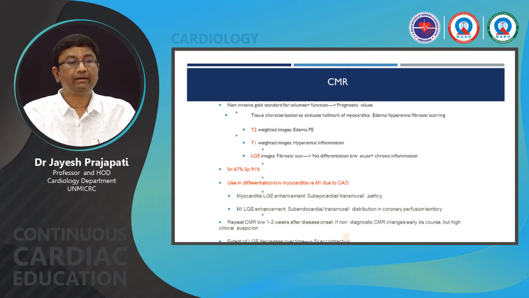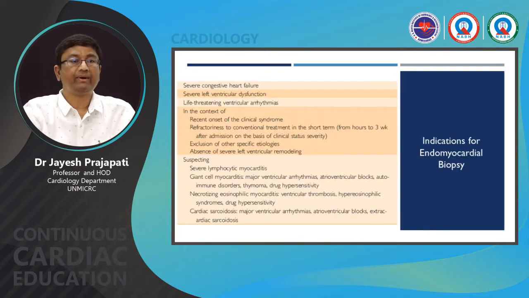So this is how you can improve your diagnosis, and the specificity is 91% while the sensitivity is 67% with cardiac MRI. So what are the indications for endomyocardial biopsy? We are not doing it routinely, but in some cases we should advise it, like severe congestive heart failure not responding to medical therapy, and life-threatening ventricular arrhythmias, where we want to define a specific cause. So in the context of recent onset clinical syndrome, refractoriness to conventional therapy, exclusion of other specific etiology like sarcoidosis, autoimmune disease, or some specific viral agent you want to treat,